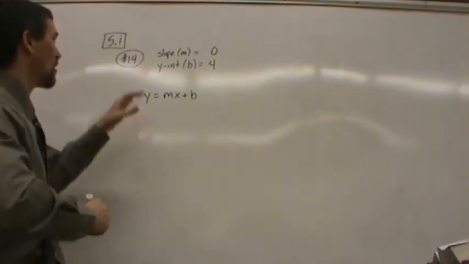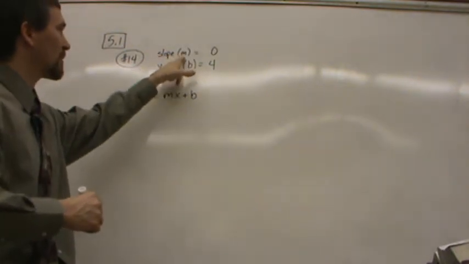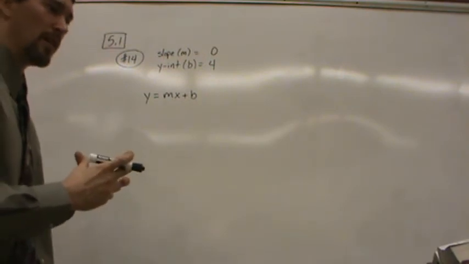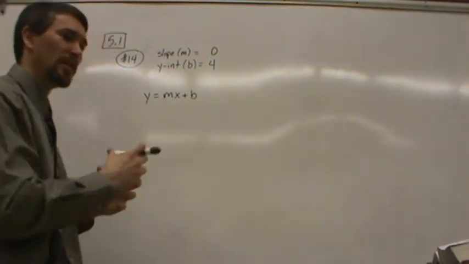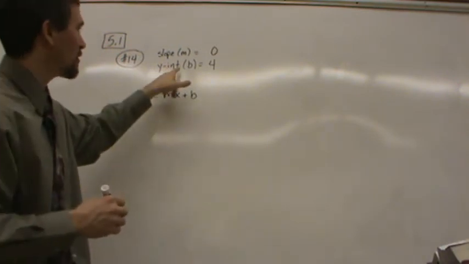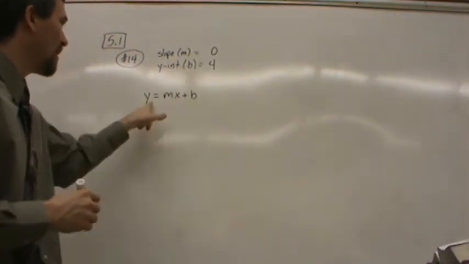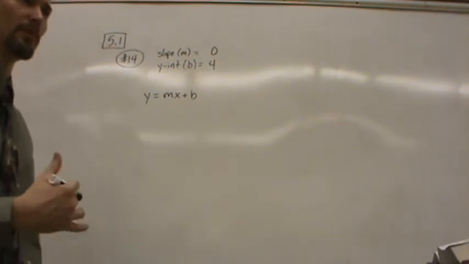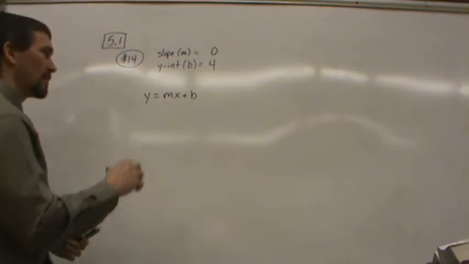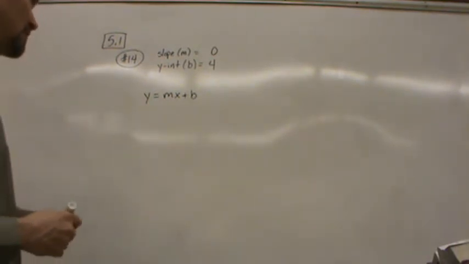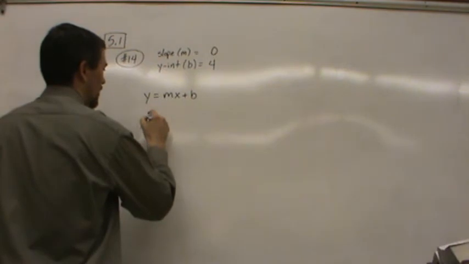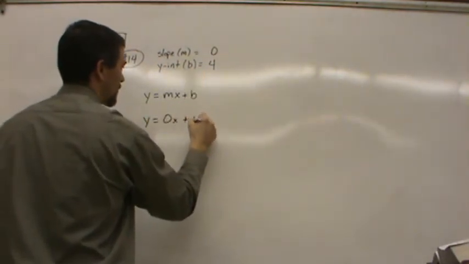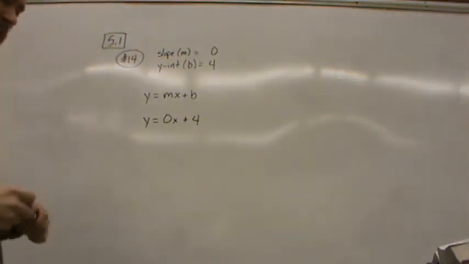So just like I'm listing my givens with the m in parentheses and the b in parentheses, because I want to make an impression, a repeated impression in their minds that the y-intercept is the b and the slope is the m, and having them copy this down every time they do a linear equation problem in that form is going to hopefully get it to stick in their memory. So put in 0 for the slope and 4 for the b,